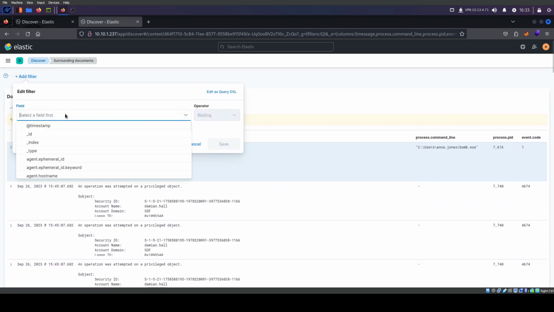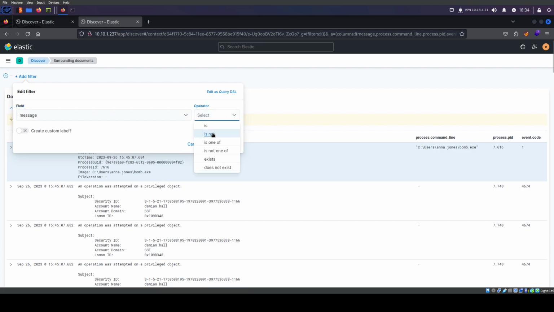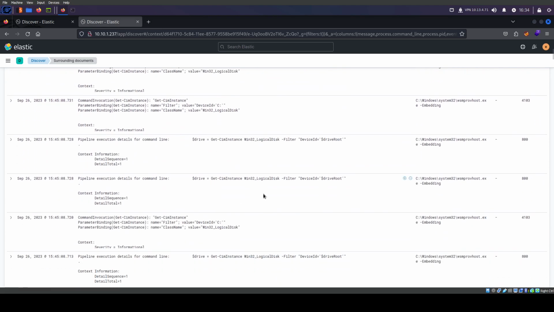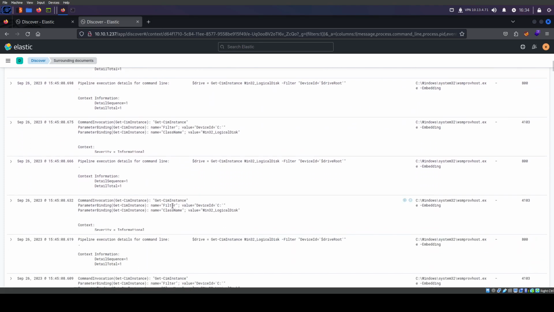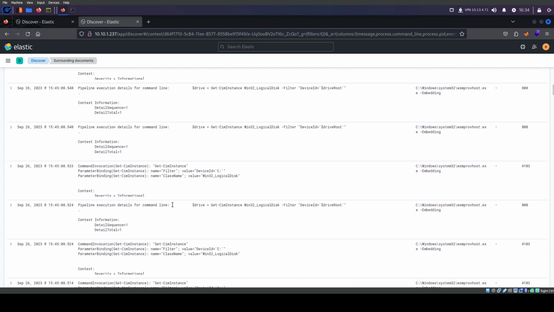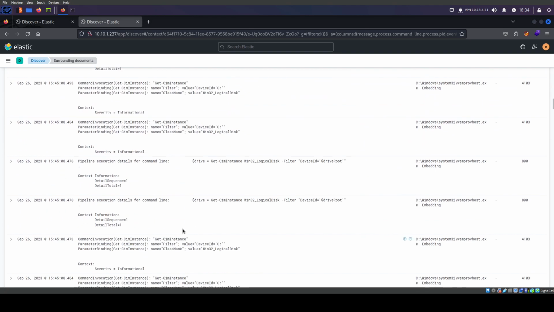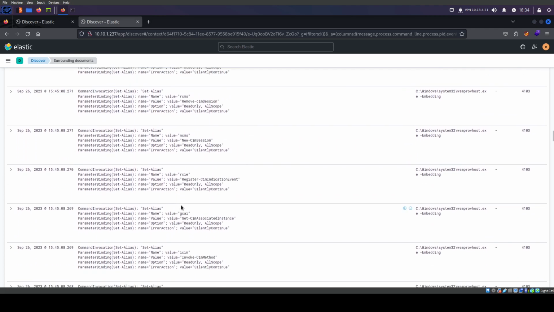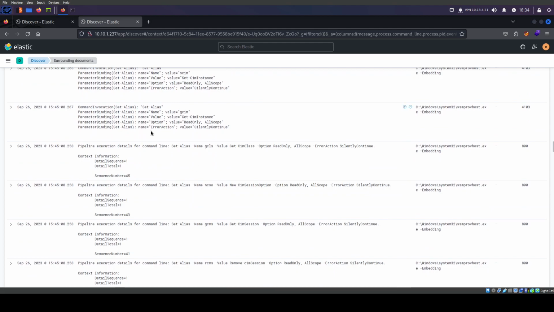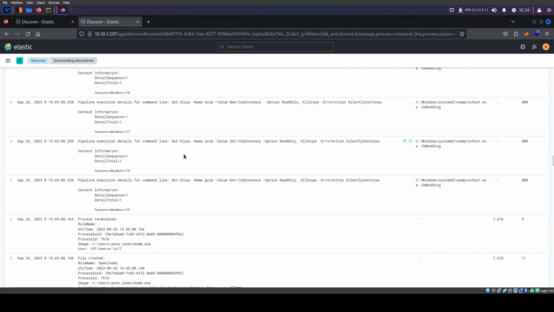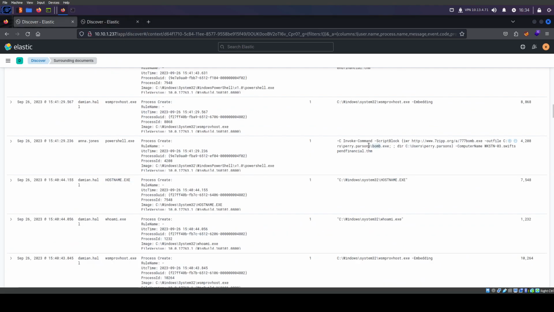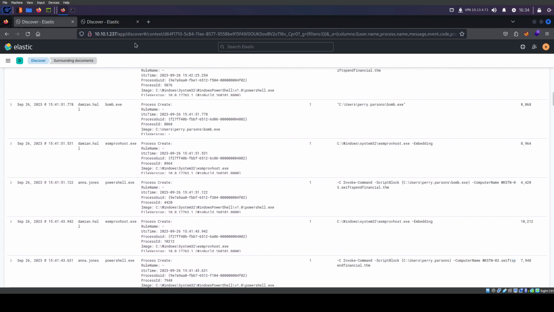Add filter. Message is not handled to an object. Aha, there we go. This looks better. A lot of this is still logical things, but you know what? I'm just gonna ignore it for now. Let's see. A lot of this stuff here is just noise, but I don't like that it's being hidden. Silently continue. Okay, don't want to lose my spot here.